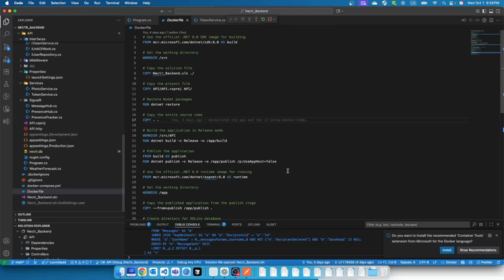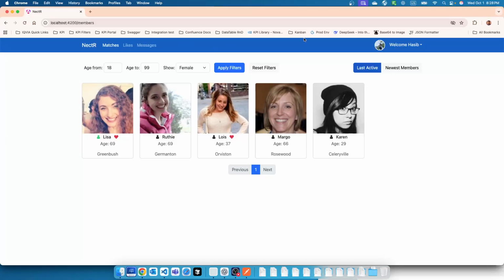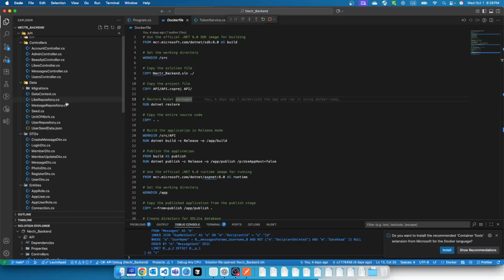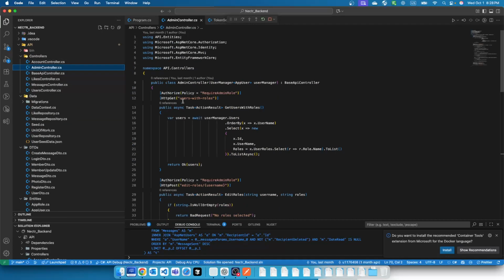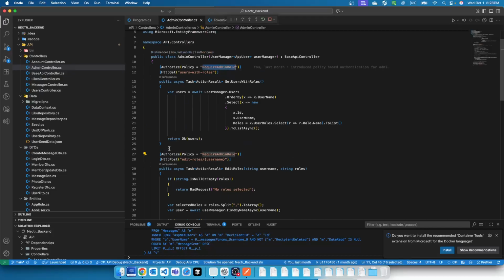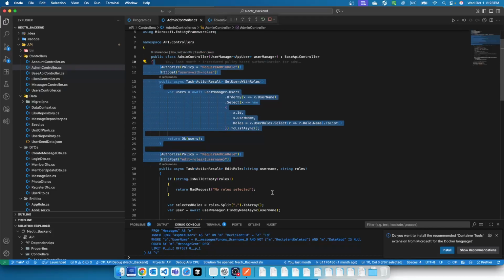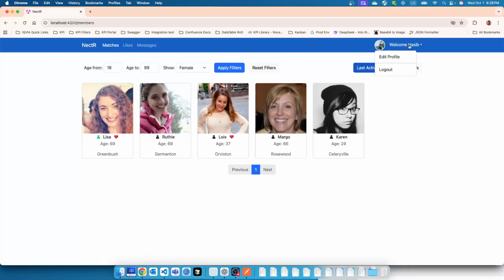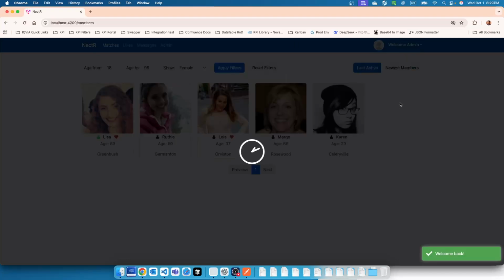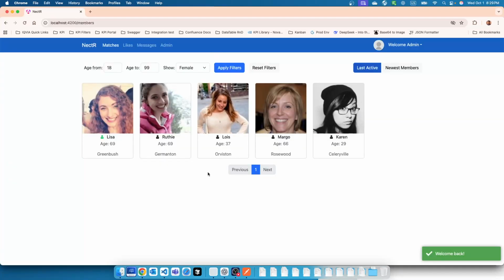I forgot to showcase the admin functionality. There are certain endpoints that are relevant only for admin users, like right here. We can get users with roles and we can also edit roles, and as you can see there are certain policies that are invoked along with the authorize attribute. So these endpoints are only accessible by the admin role. Let me try to log in as an admin user. So this is an admin user, and as soon as I have logged in as an admin, I have one more navigation option,